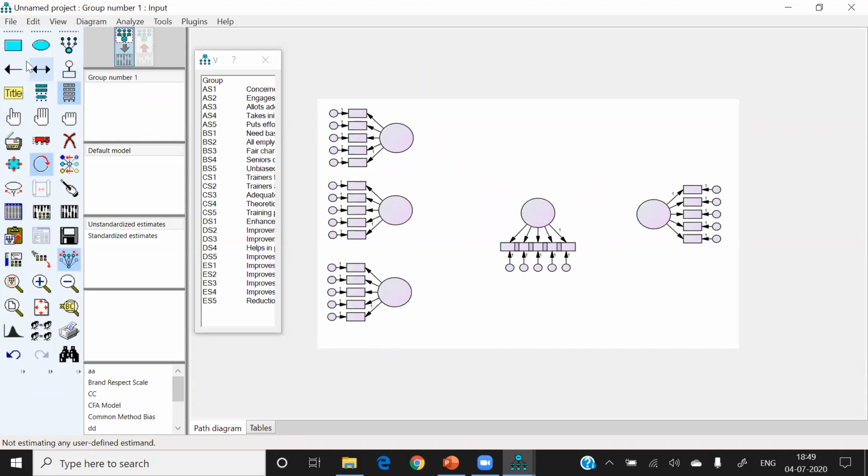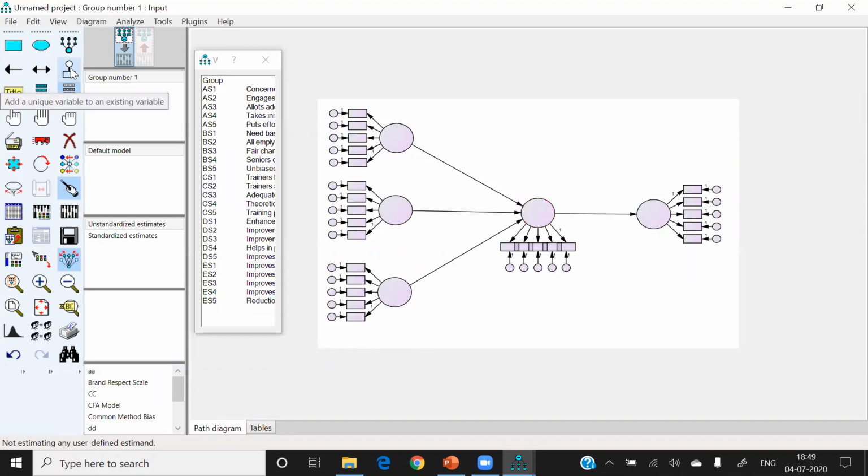After that, I am adding this one-sided arrow, which is for hypothesis testing. These are one-sided arrows. You can take this pencil to beautify the diagram. After that, any construct which has the tip of the arrow must have error terms.